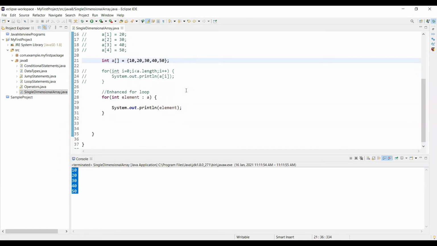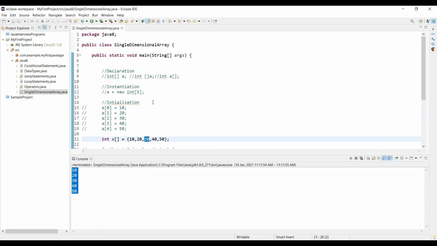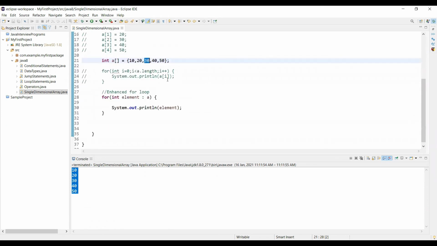And we can see the advantage of array is we can access any element from the array using the indexes, like a of 2, a of 3, like that. I can use the index of the array and get the value of an element of the array using the indexes, right? And the limitation of array is array size. It is of fixed size.